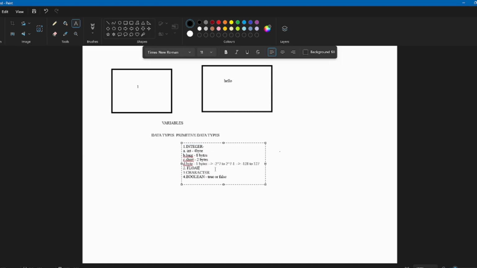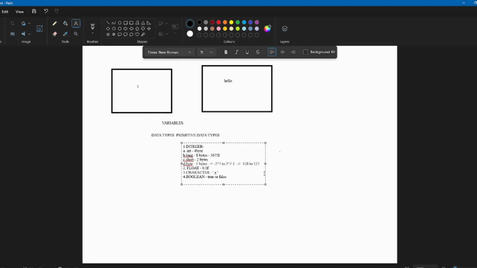And as I said, you can use float for a value like 0.5. If it is 0.5, you should write it as 0.5f in order to indicate it as a float. And the same goes for long. In order to indicate it as a long, you should use L. And for a character, you're not supposed to use double quotes, you should use a single quote.